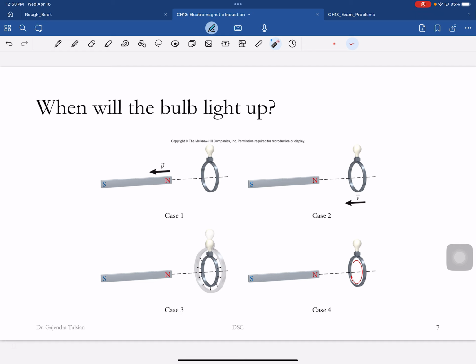All right, so let's see if we understand this. Here's a circular wire, and here's a bulb attached to it. If you move this magnet in this direction, of course, the flux through this thing will change, and the bulb will light up. Okay. How long will the bulb be lit? Exactly. As long as the magnet is moving,